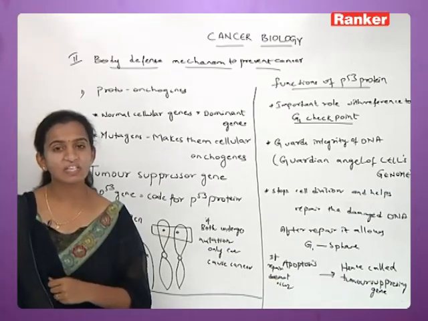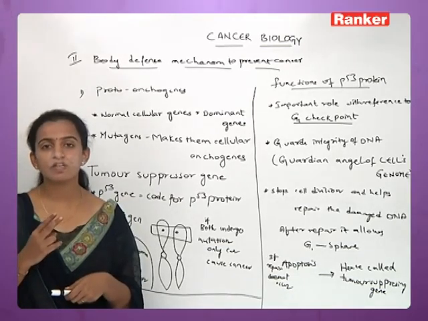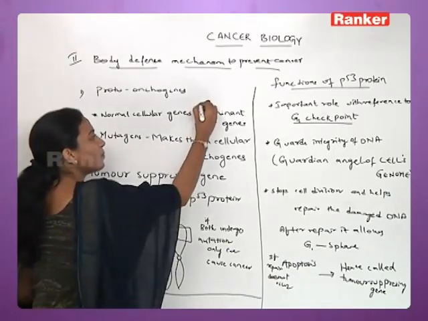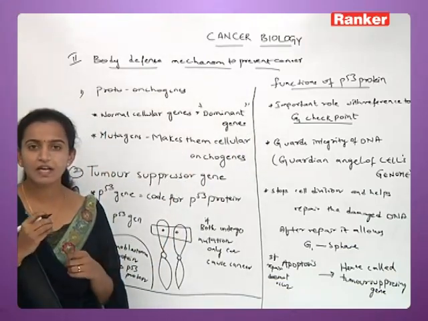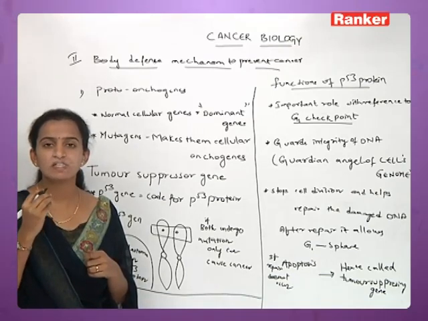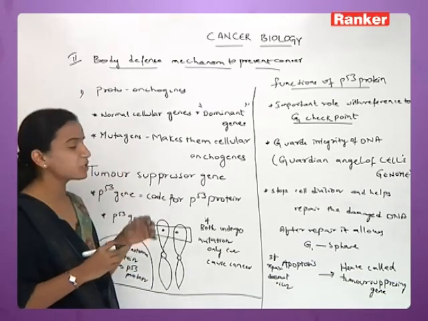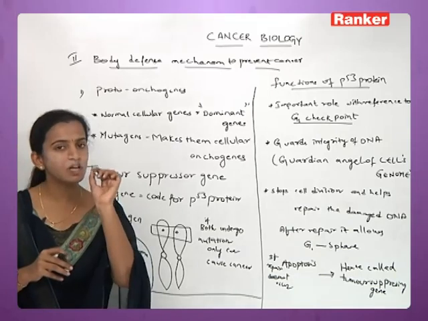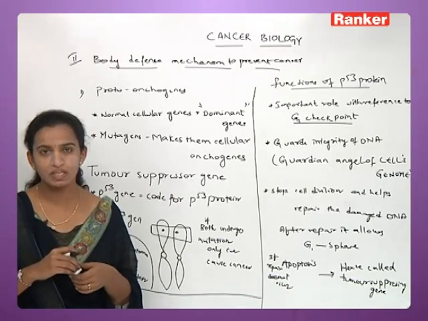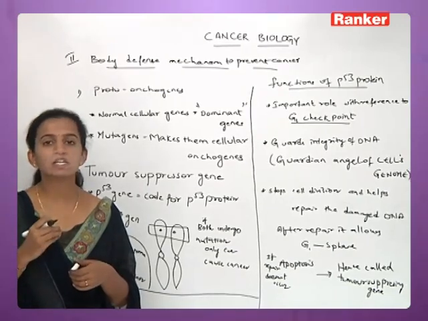So what causes them to come into expression is that every gene is given in the form of alleles. If there is a gene coding for some sort of cancer, and even one single dominant gene is present, it comes for expression. So in proto-oncogenes, if you have even one single dominant gene, you are ready to be affected with cancer. Though one recessive gene is also present, it doesn't come for expression.